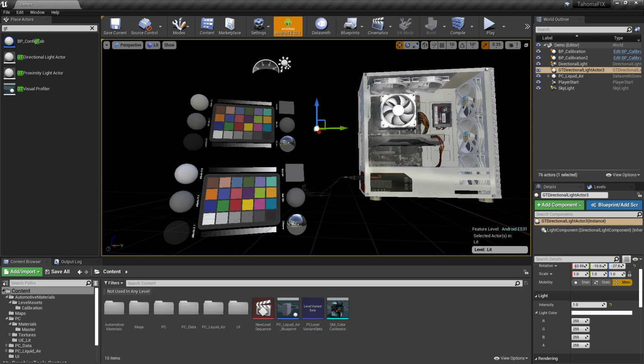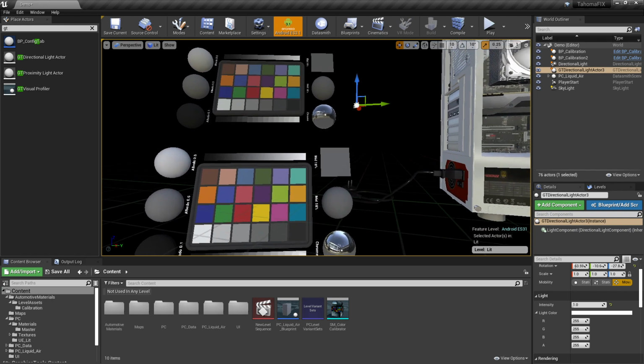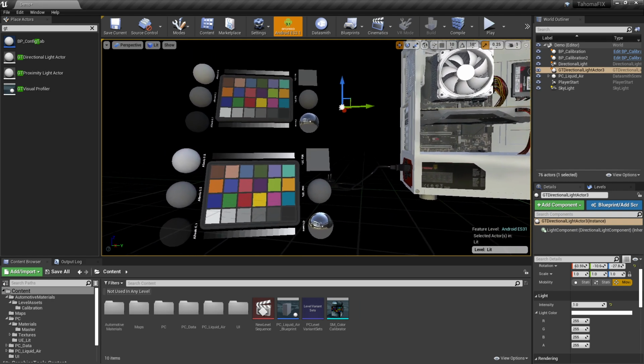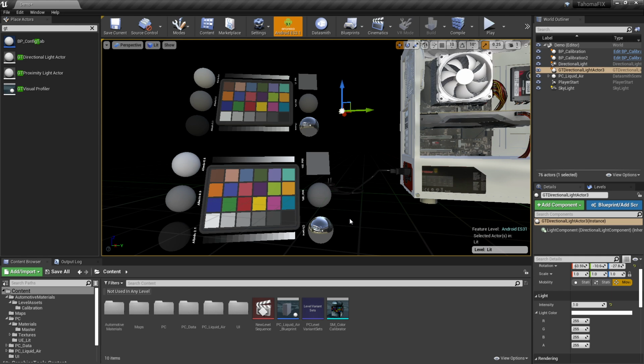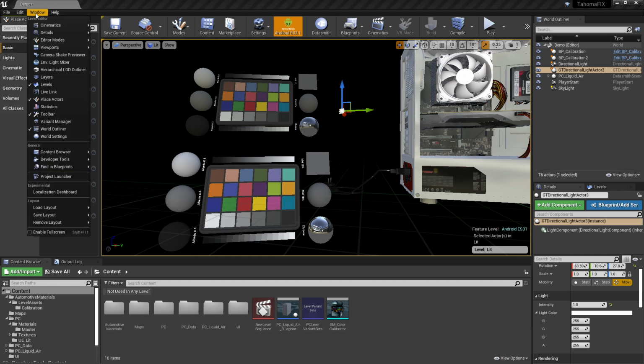So these Macbeth charts now are starting to look a little more similar. And really the idea is to use this Macbeth chart to go ahead and really dial in that lighting, get your base lighting set. And this is pretty easily done using the Pixel Inspector.